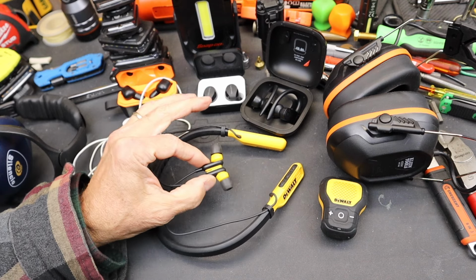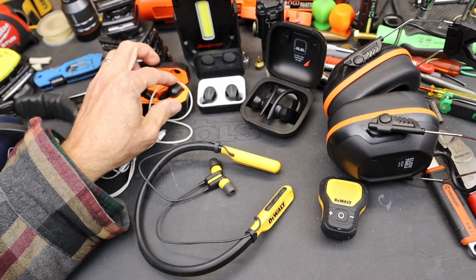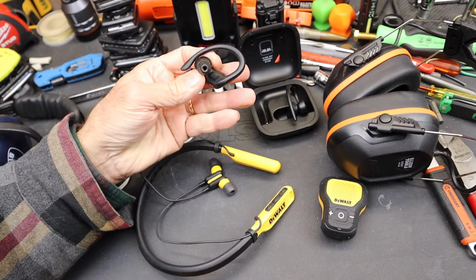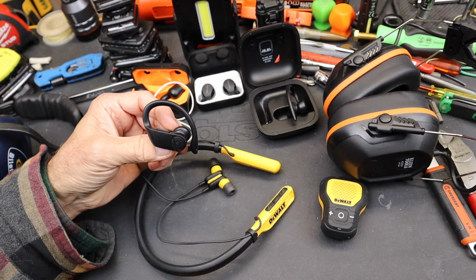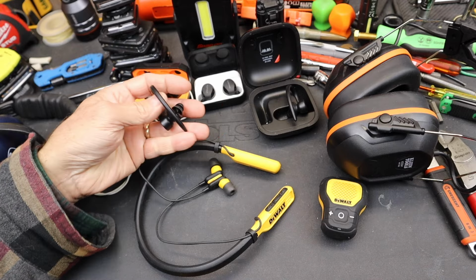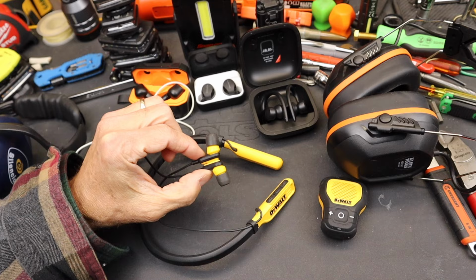Does this disappear? And the answer is pretty much yes. Now, a lot of others, when you put the earbuds in, and I used to use these, this is kind of what led me to the revelation here, is I wanted them to be invisible. I didn't want to have to think about it. I wasn't worried about knocking them out of my ears or anything else. So when I started thinking about this,